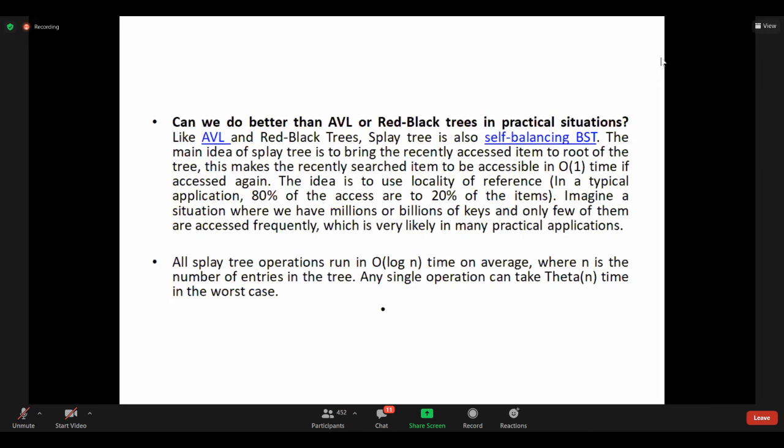What does locality of reference mean? Locality of reference is nothing but where the item is located. If I want to search a particular item, where is its location? It is either available in the cache memory or in the main memory. Based on the locality of reference, if it's in the cache memory, it will automatically be accessed in a short time.